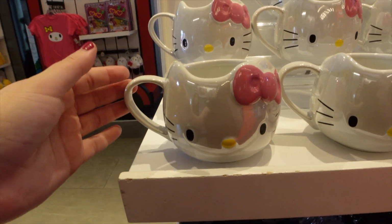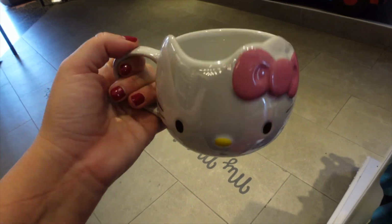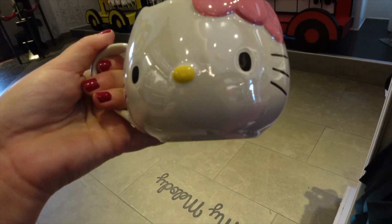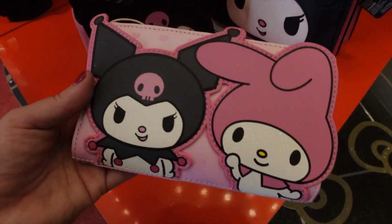They have restocked on these Hello Kitty mugs. I think they're so cute. Definitely gonna pick one up because we didn't get one last time and they sold out. And this is $25. Okay, so my audio messed up, but I just wanted to show you this Loungefly wallet